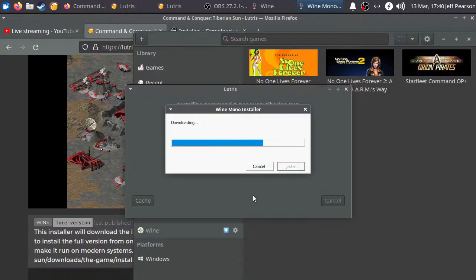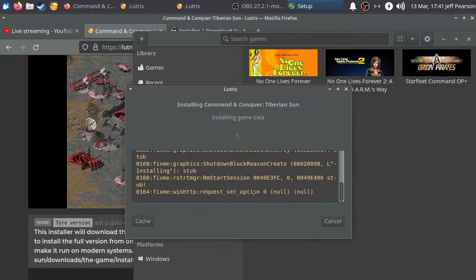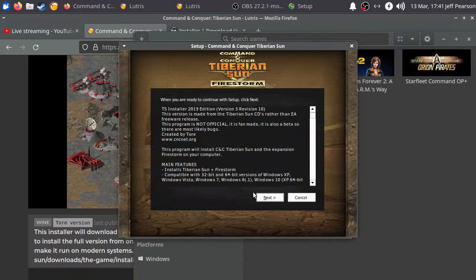But in the case of Manjaro, just using System Wine, it worked, and then I manually added it to the Lutris library after it was installed. So I still launch it through Lutris just fine, instead of having to use the terminal, which is no big deal. But hey. All right, so see, and here's where we would be